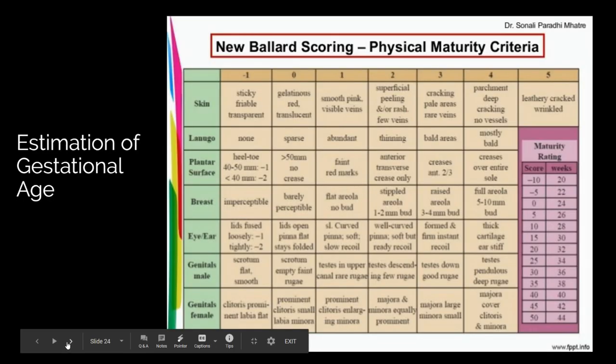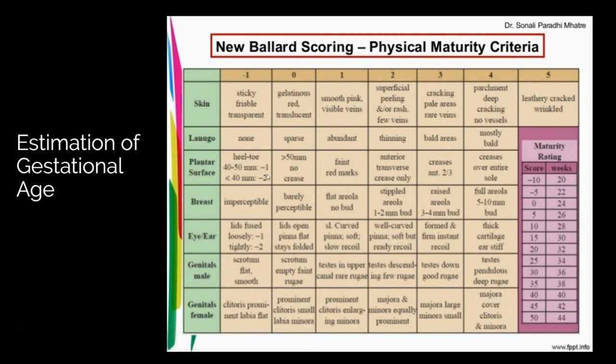So here's the Ballard scale, and what you would do is just assess your baby for each one of these things. You can look at the skin. Lanugo is fine hair, and when we assess skin, I'll talk more about that. But